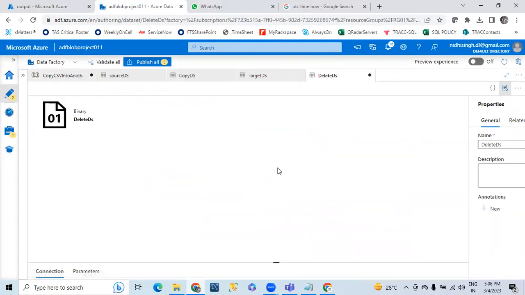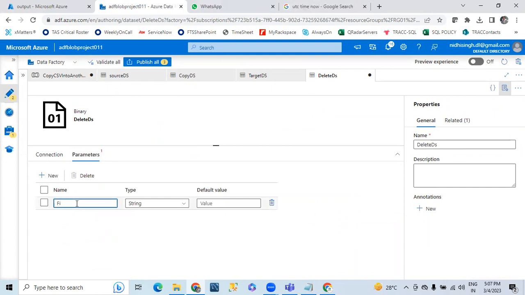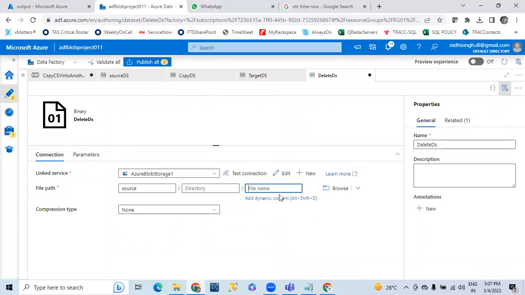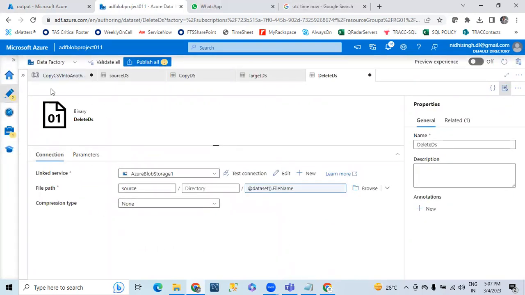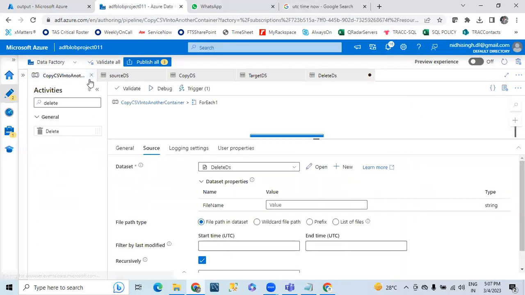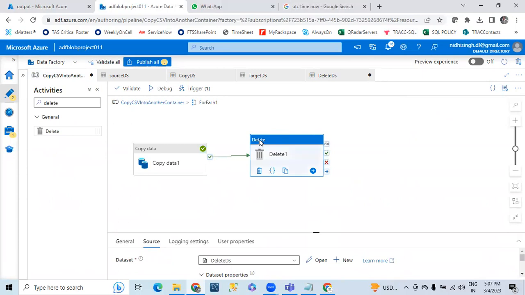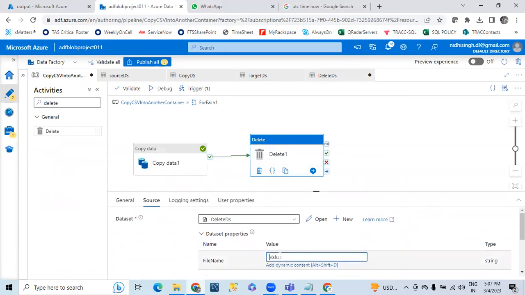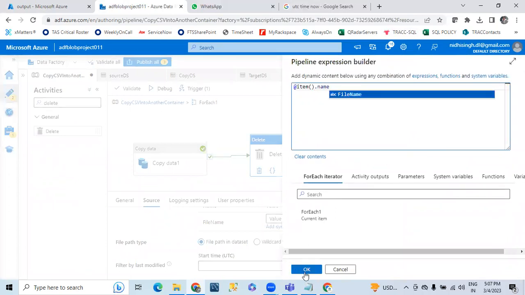Next, what is the expectation here? You have to open the editor, and in the dataset we have to create a parameter because we have to pass the file name. So let me create a parameter, fileName. In the connection, we have to pass our file name dynamically. The file name I selected, but next we have to pass the ForEach loop's container value into it. So you have to select this, and now you have to give the value. The ForEach container is there, and this variable contains your file name. So you have to select your file name,